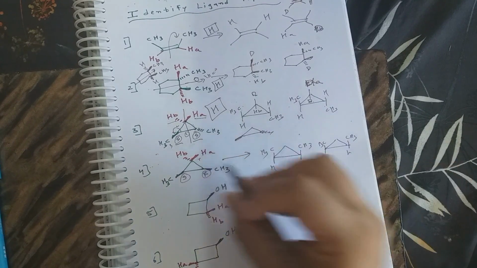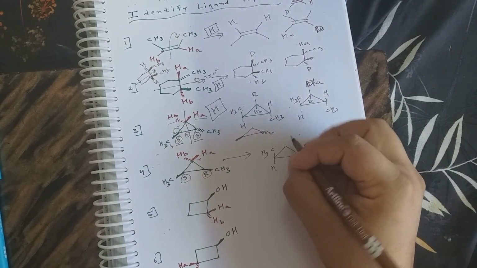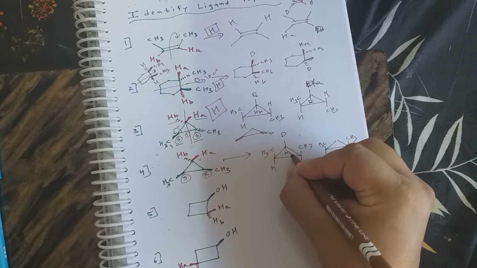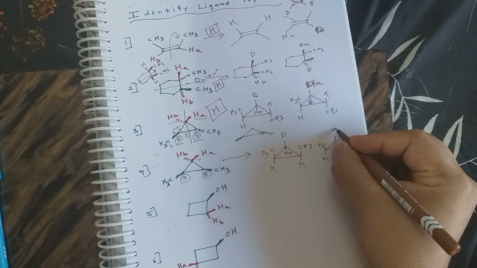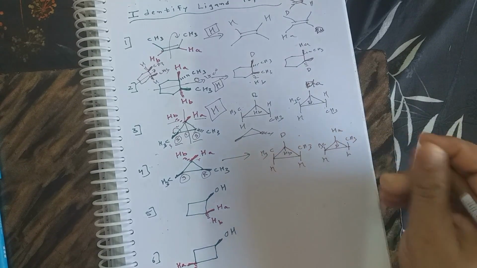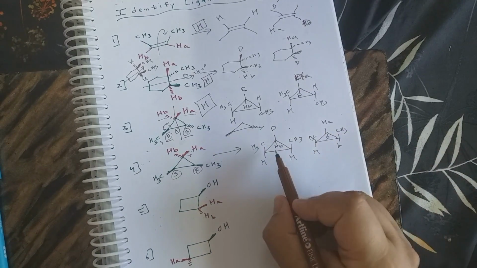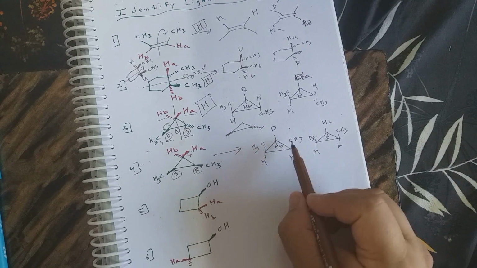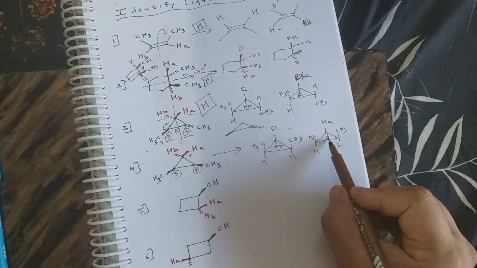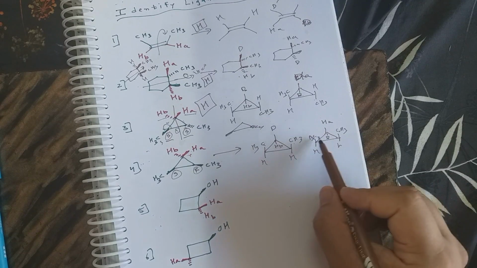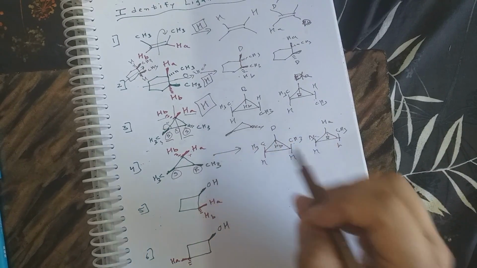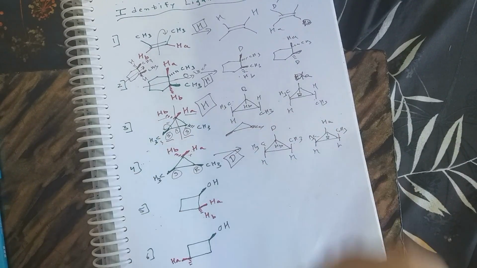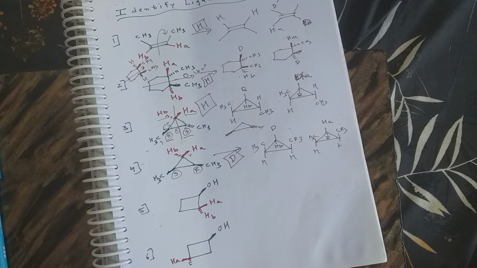The only change is that we have to identify this HA and HB. One time, if you replace HA with deuterium, it will become like this, and the second time, HB gets the deuterium. Now see, this deuterium is now cis with both methyls, and here this deuterium is trans with both methyls. So these have different environments, so these protons are diastereotopic. Simply, you can directly make this out, okay.